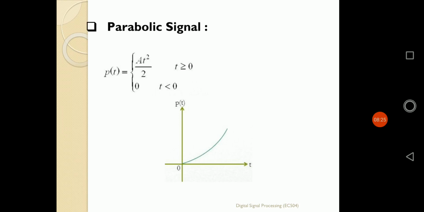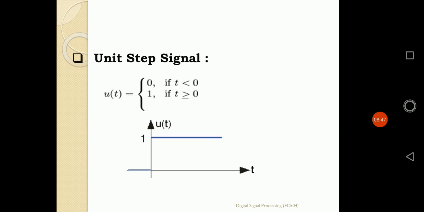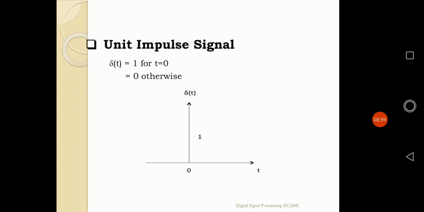Similarly, if we go the reverse way, differentiation of the parabolic function gives a ramp function, because if I differentiate t square by 2 with respect to t, the 2 cancels out and we get t. Again, differentiation of the ramp function gives the step function, because d/dt of t gives the value 1, and for the entire range of t greater than or equal to 0, its value is continuously 1. Differentiating the step function converges to a single point in time, where its value becomes 1. That's the nature in that way.